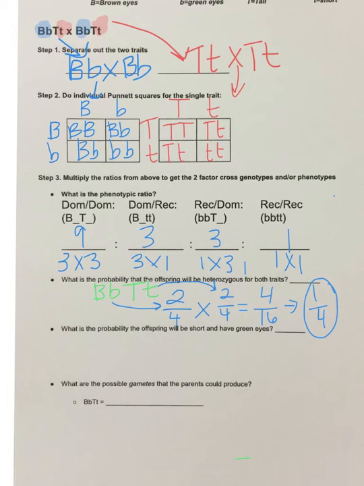Okay, so let's try another one. What's the probability the offspring will be short with green eyes? So what's the probability the offspring will be short with green eyes? So their genotypes would be, short was 2 lowercase t's,